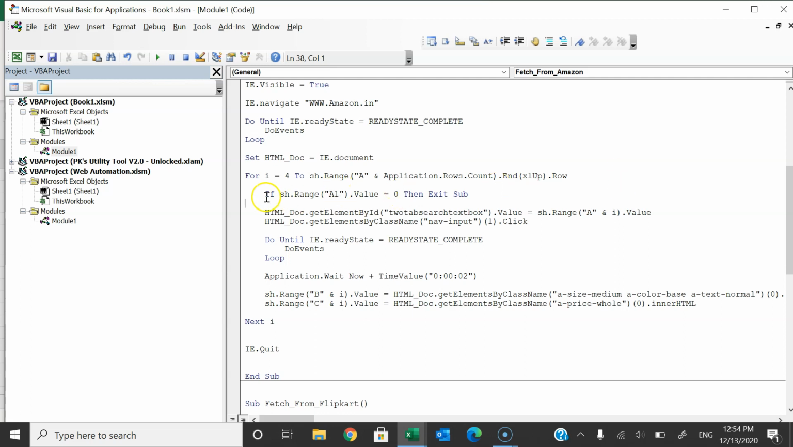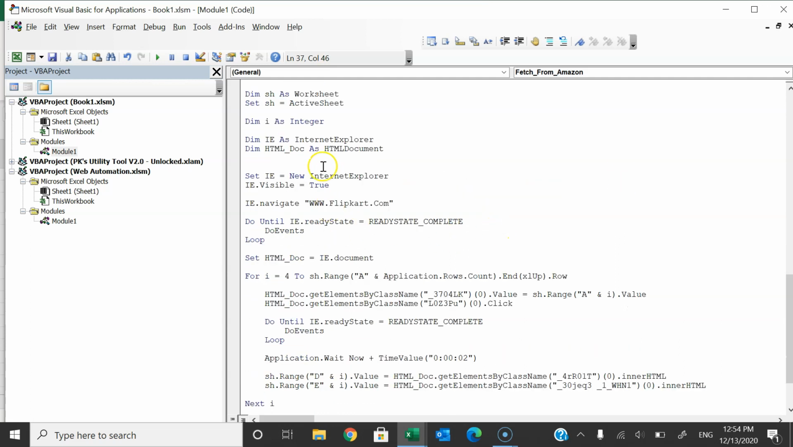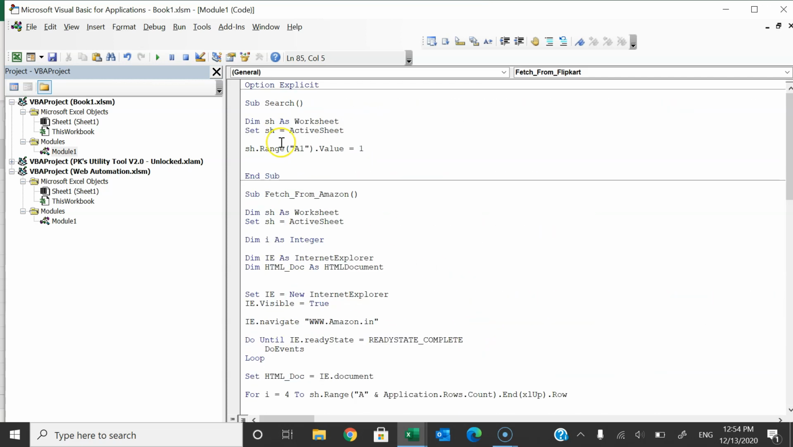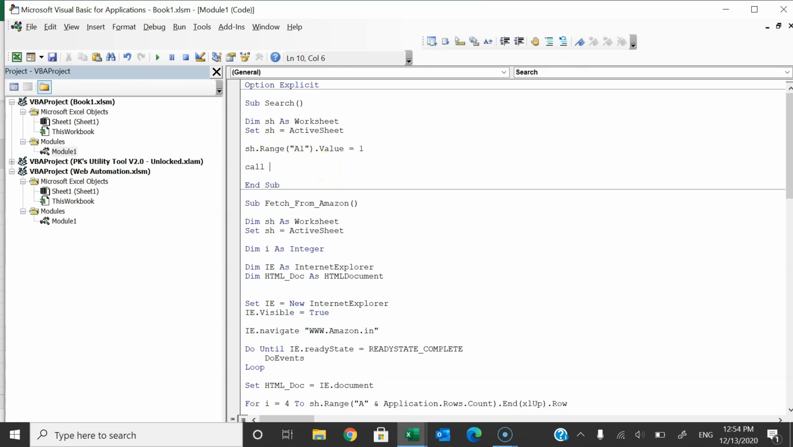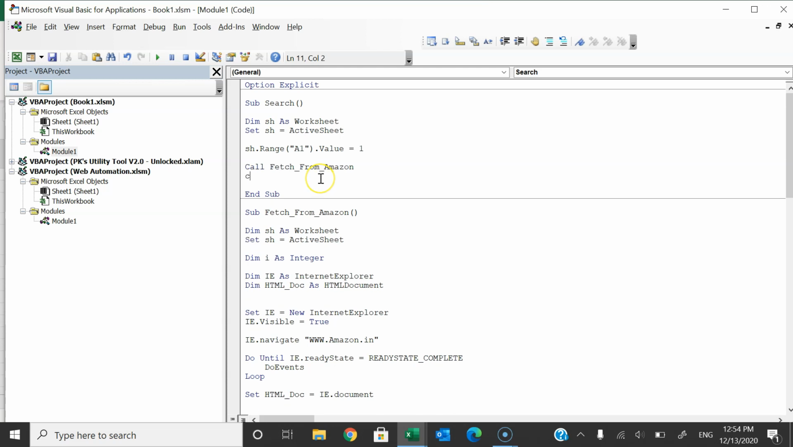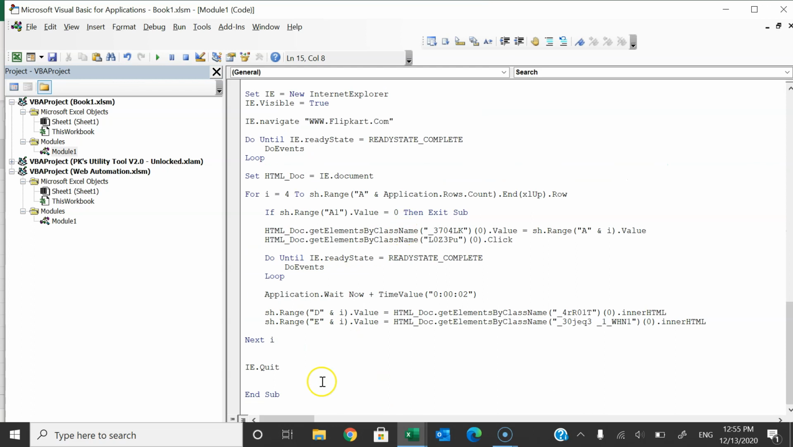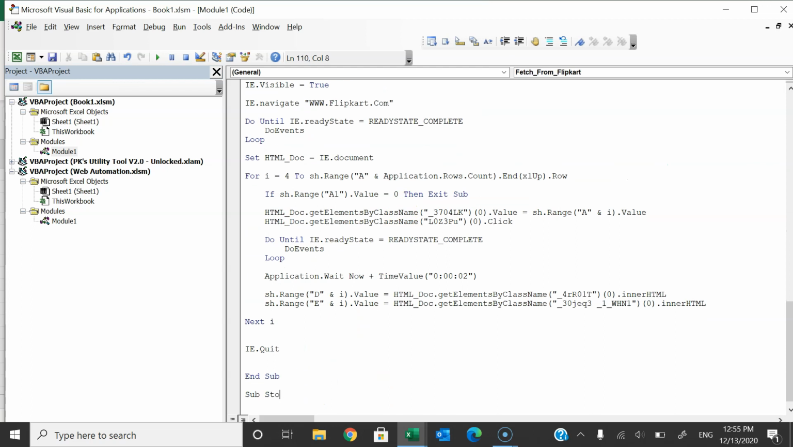The same thing we can put on Flipkart search also here. Alright, now I will call, first of all, fetch from Amazon, then I will call fetch from Flipkart, and then I will put some message box. Done. Alright, so this is for the start. I'll create another small macro to stop search,